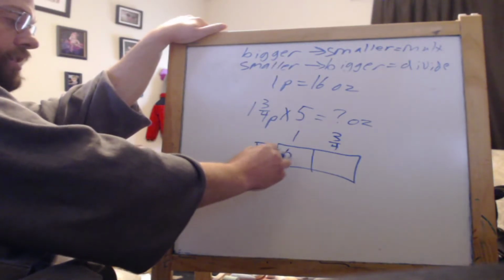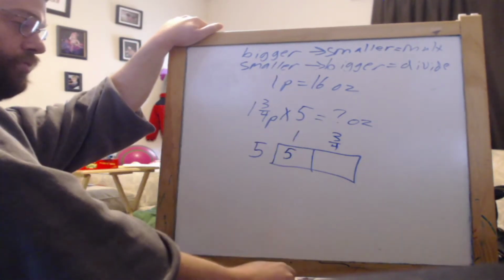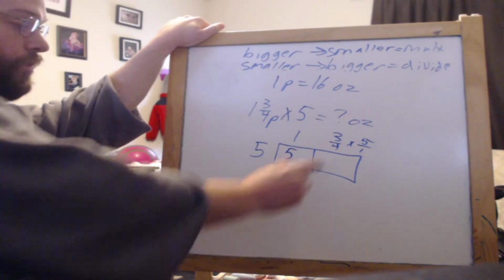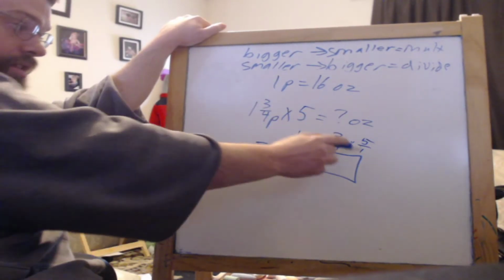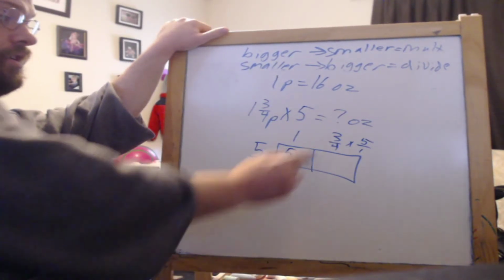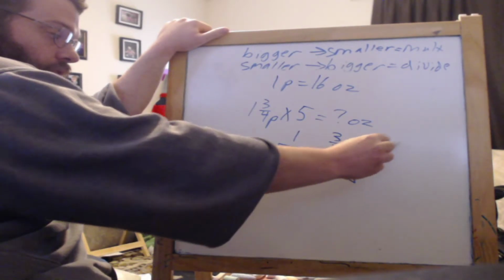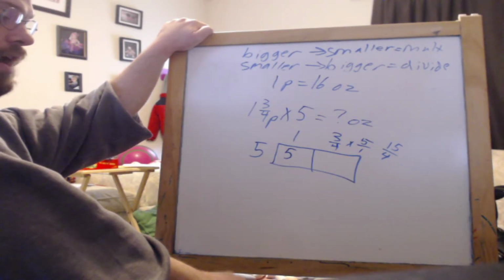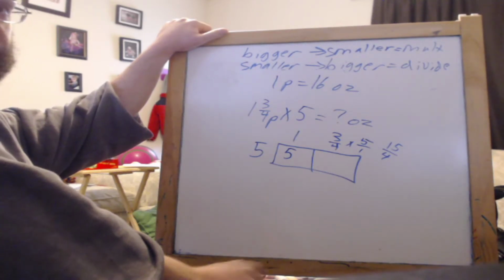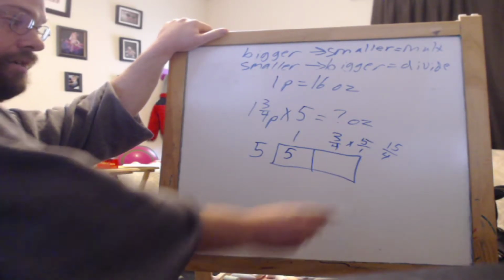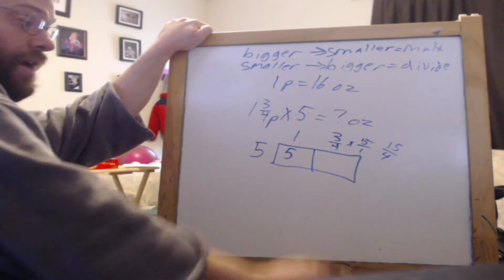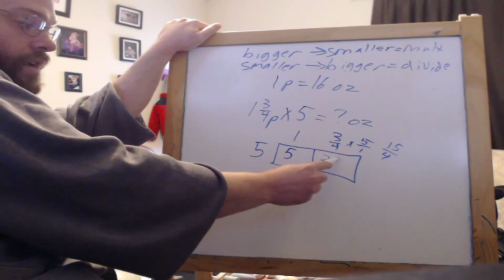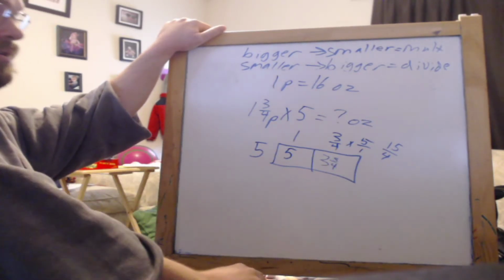So 5 times 1 is 5. For 5 times 3/4, we can multiply 5 over 1, because every whole number has an invisible denominator of 1, and then we just multiply across. 3 times 5 is 15 over 4, okay? So 15 over 4 becomes 15 divided by 4, which would be 3 and 3/4, because